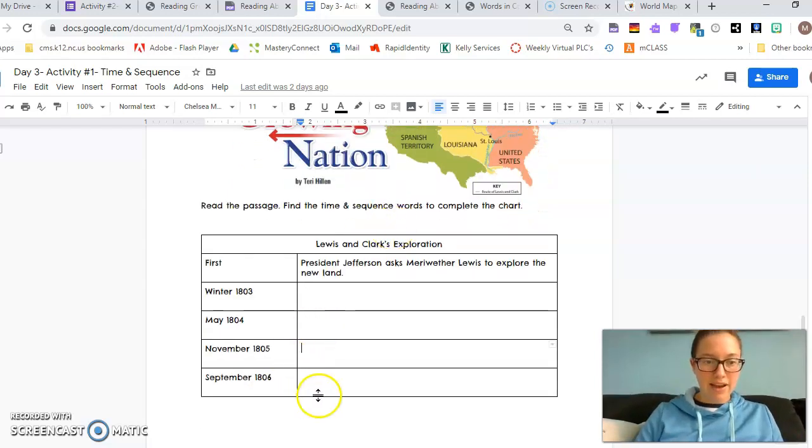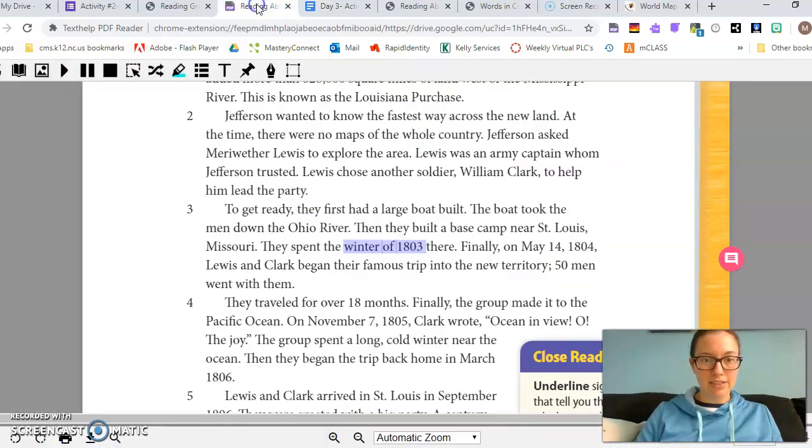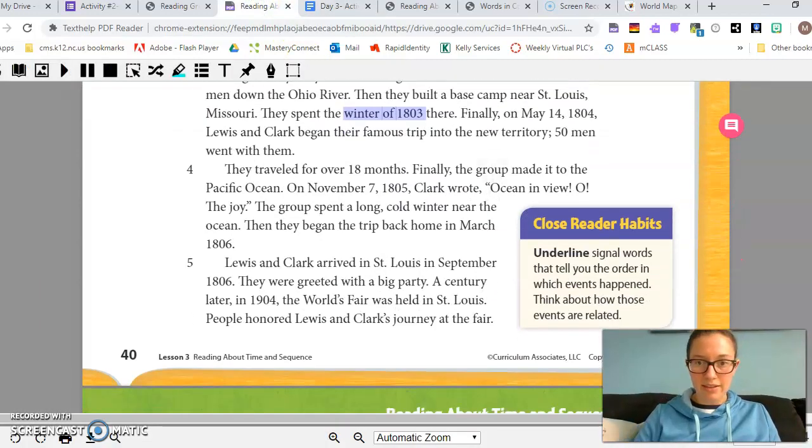And then their final event in September 1806, they began the trip back. Oh no, that was March. Let's make sure. 1806, in March, they went back home. And then in September,